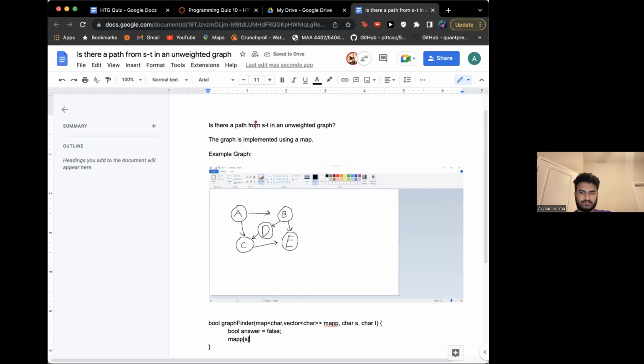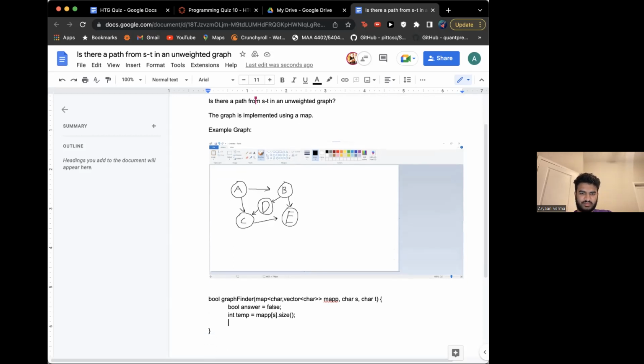So this is the vector. So map S, this is the value for S. So this would be the vector of characters. So int temp equals s dot size, and then we would go through each one of them basically. It's kind of not iterative, it's kind of like recursive, but we would do for int I equals 0, I less than 10, I plus plus,